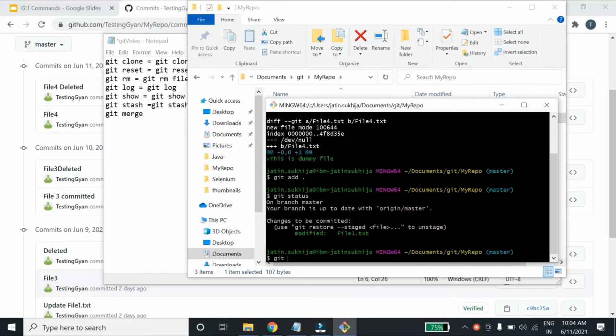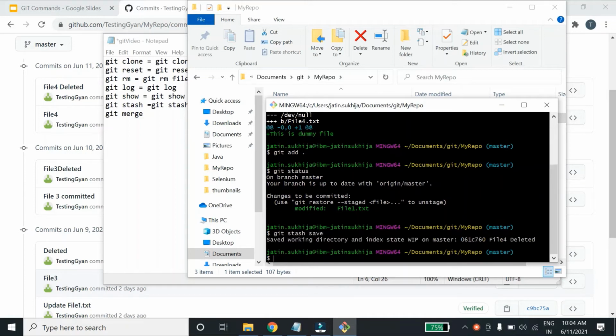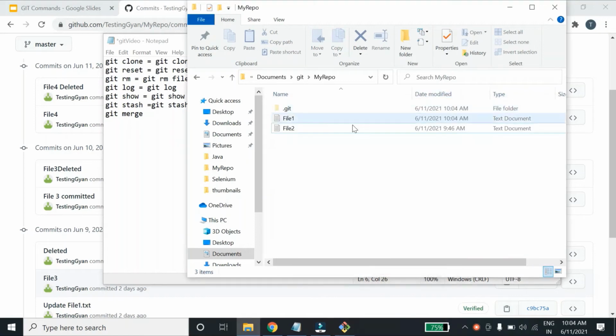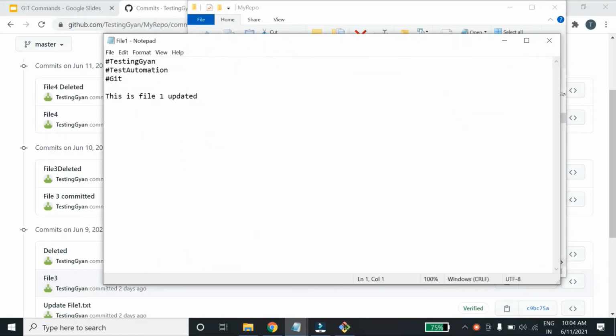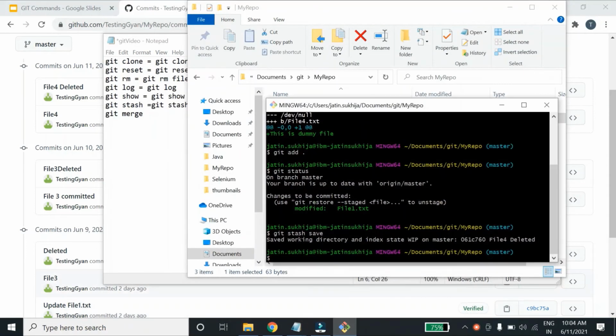Okay, now if I do git stash save, if you see, the file content which I have updated has gone. So this is the functionality of git stash save.